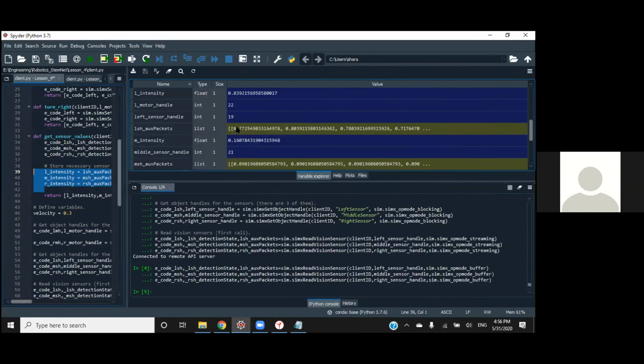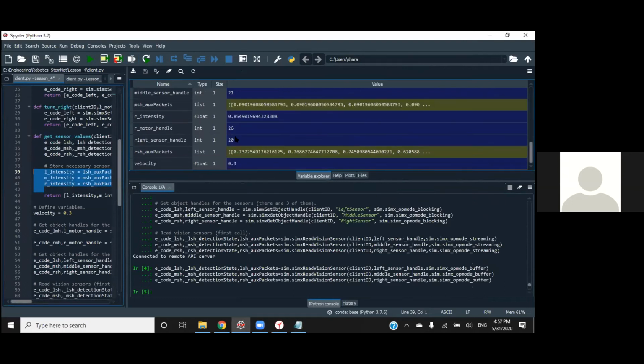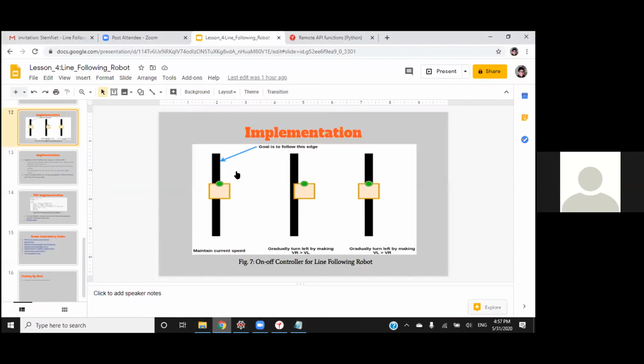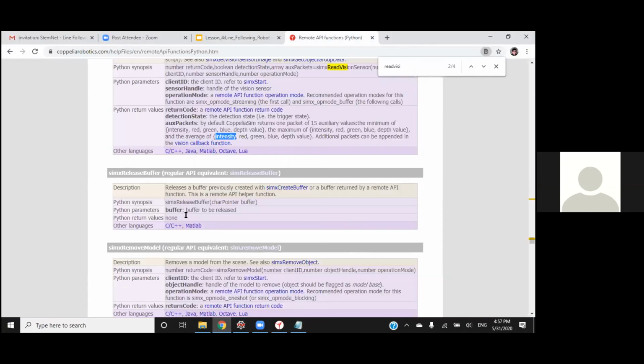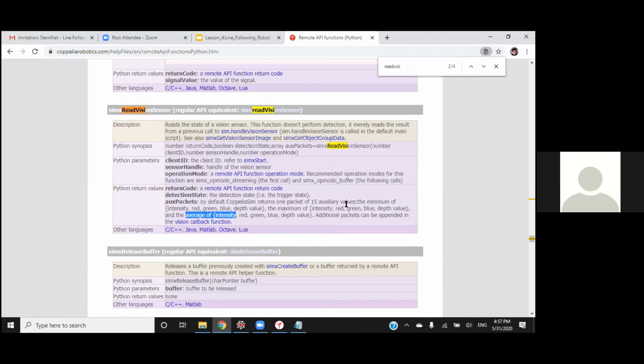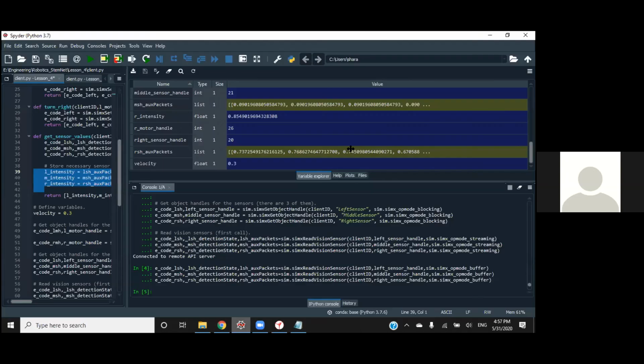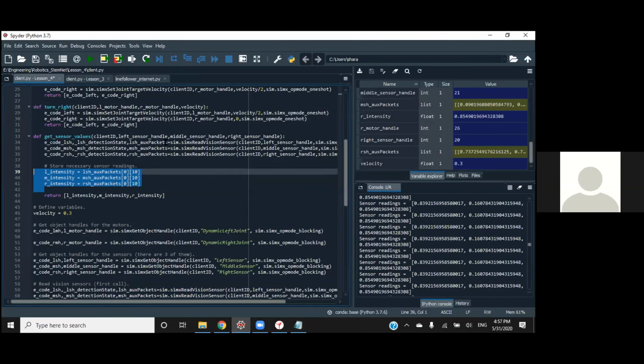So in Python, if you have variables in a square bracket, it's called a list. Now this is a list inside a list because there are 2 square brackets. And we need to get the 11th reading from this. Why 11th? It's because of this right here. So read vision sensor, we need to get the average intensity. I'd like to rely on the average value rather than a maximum or the minimum. So this aux packets function variable